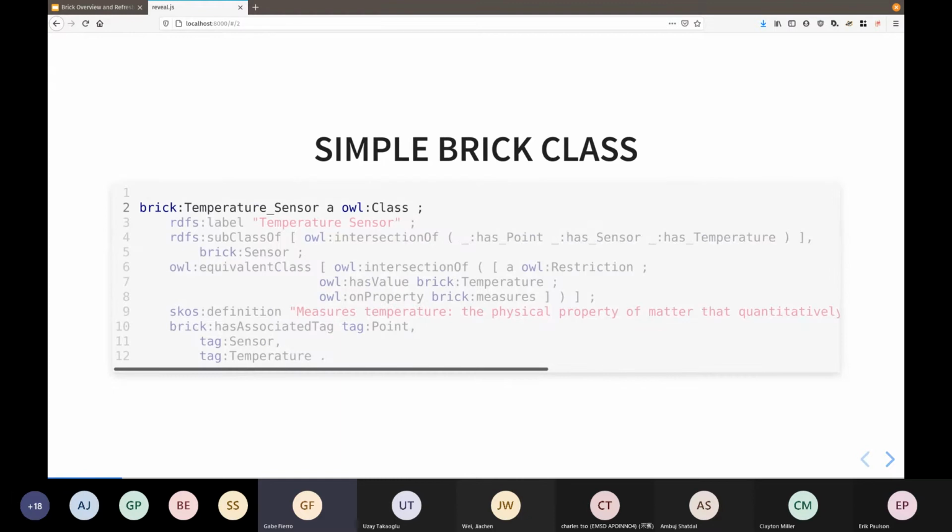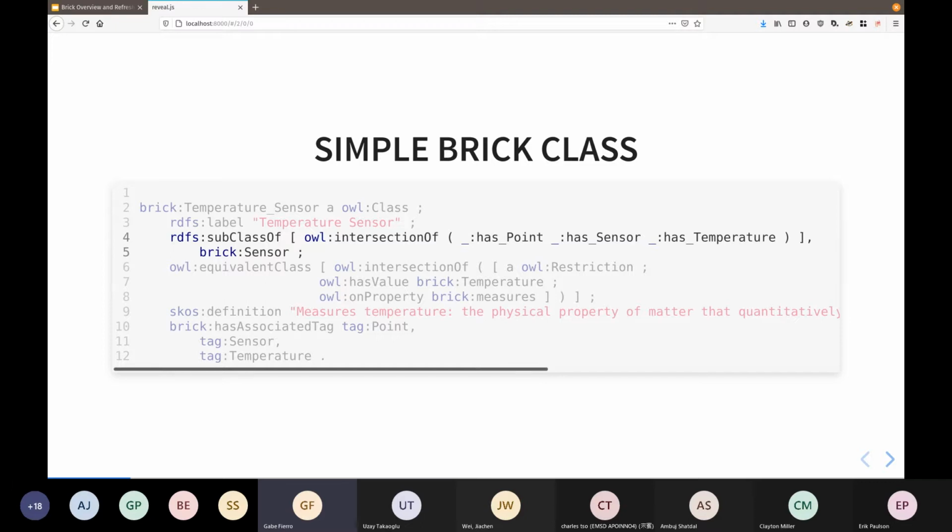So if we then dig into the Brick turtle file, turtle is one of the textual serialization formats of that RDF graph. What that file is going to contain is the declaration that the temperature sensor is a class. It's going to be related to other parts of the hierarchy. So a temperature sensor is a kind of sensor.